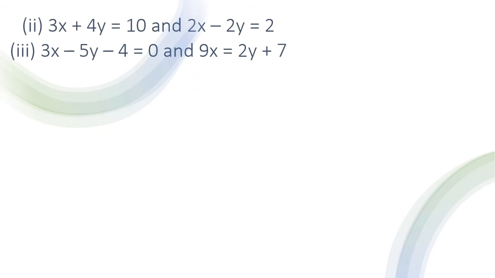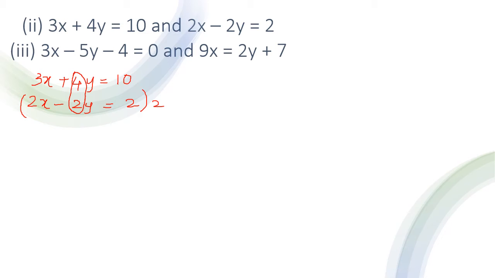Now I hope you have understood what elimination is. Similarly, you can see the questions here. 3x plus 4y equal to 10. This is your exercise question, children. And the second equation is 2x minus 2y equal to 2. Now which one is easier for us? We have 4 and 2 here. If you multiply the second equation by 2, you will get 4x minus 4y. So plus 4y and minus 4y, and you can go ahead with it.